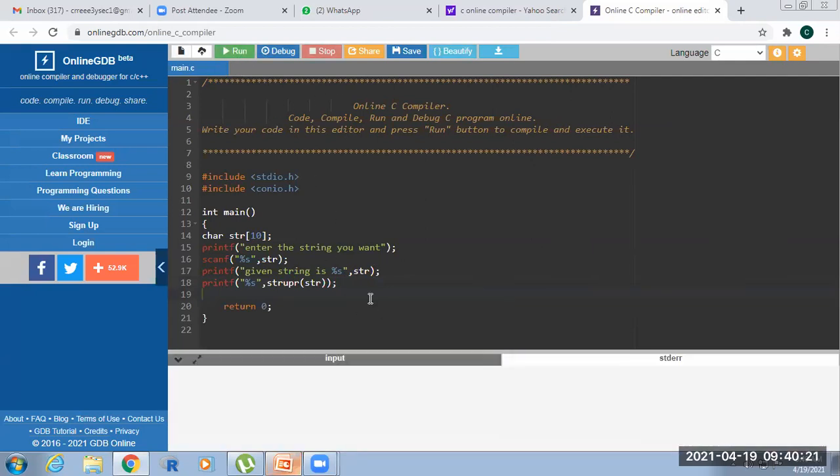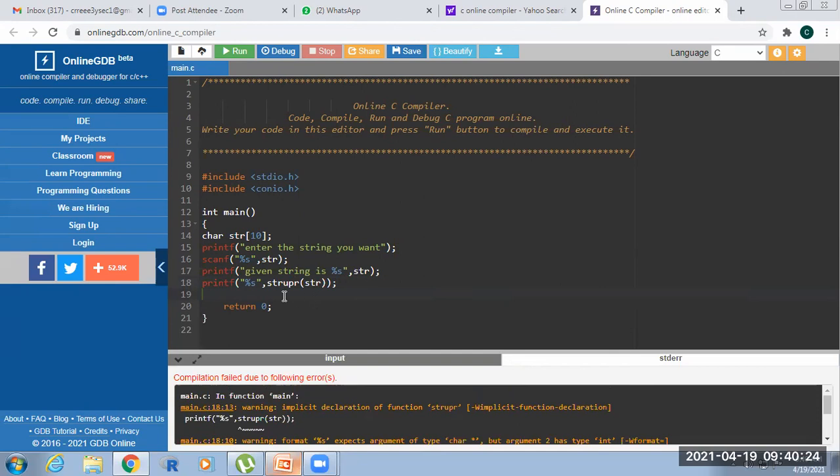So I just run the program here, with strupr.